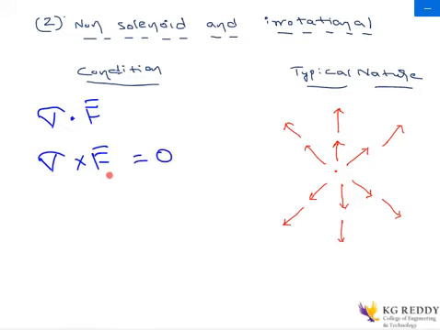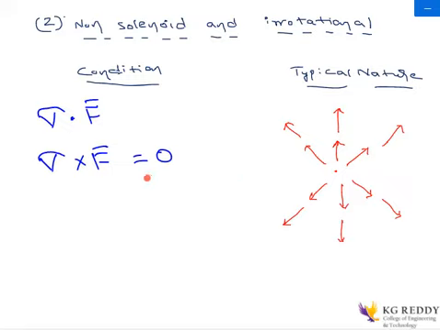So this cross product, which is the rotational movement, which is the curl, does not exist here. If you can see, this field is not rotating. Whenever there is no rotational movement, we can say that the curl does not exist. When the curl does not exist, it is directly equal to 0. So in the previous field and this particular field, both are irrotational, where no rotation can be observed.